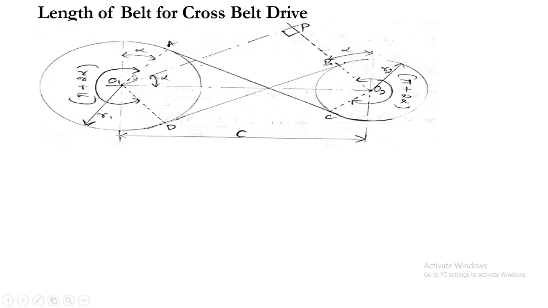And again we have the angle of contact here, you can see there. In this case, from here to here it is pi plus 2 alpha. You all know that here to here it is 180 degrees, that is pi, and here the angle is alpha, and here the angle is alpha. So pi plus alpha plus alpha, that is pi plus 2 alpha. And here on this side, on the smaller pulley side, in the open belt drive it was pi minus 2 alpha, because the belt was touching the driven pulley somewhere here.